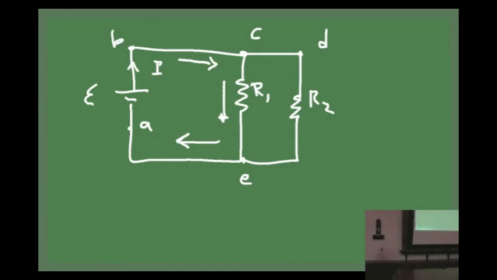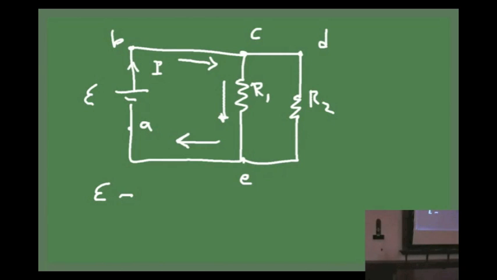So let's do the first one. If I go from A to B, my potential increases by epsilon. If I go from B to C, what happens to the potential? Nothing, it's an ideal cable, so that's a 0. When I go from C to E, what happens to the potential? Am I going downstream or am I going upstream when I go from C to E? You're going down, so that means that you're dropping in potential. So that's going to be a negative sign because your final potential is going to be lower than your initial